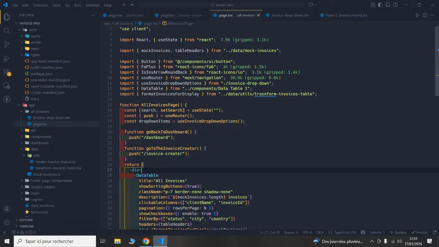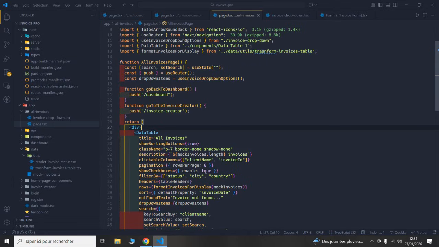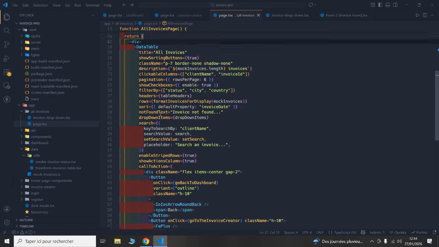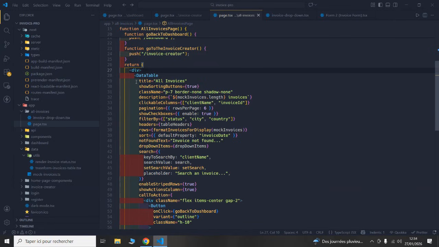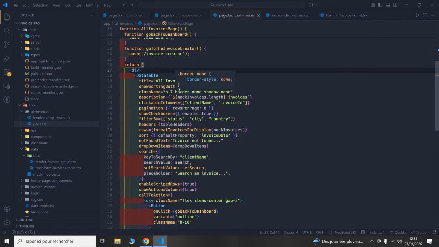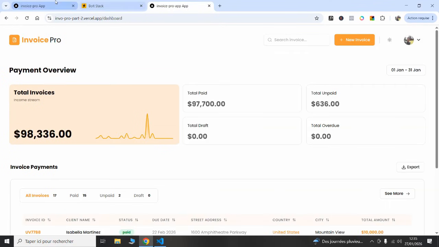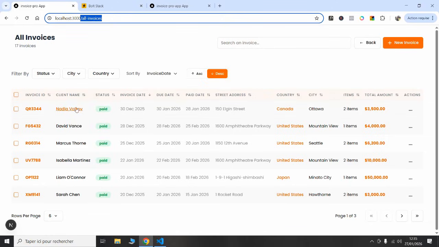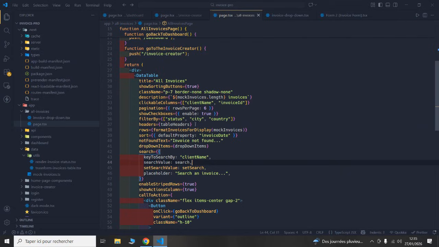And also, I want to just go through very quickly what the code does. So we have the data table, and as you can see, those are all the props that this data table provides. So we have the title, show sorting buttons, so if you want to hide them, just turn them to false. So we have the class name, the description, the clickable columns. So here you can set which column you want to be clickable. As you can see, we have the client name and we have only the invoice. And this is what we set